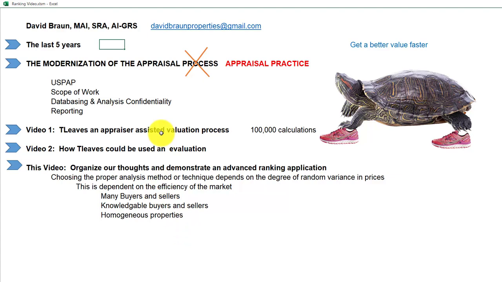So it was designed to be used in a market that's active, and the degree of randomness is not maybe super, but it's not really meant. Well, it can be used, but if I was going to go into a market that was highly efficient and I had 20, 30, or 40 sales, I would probably jump to my regression analysis program.